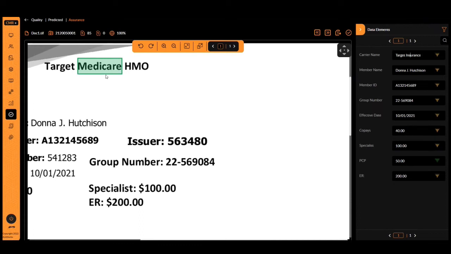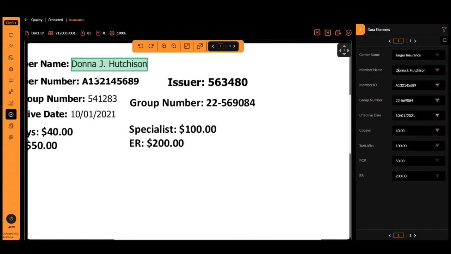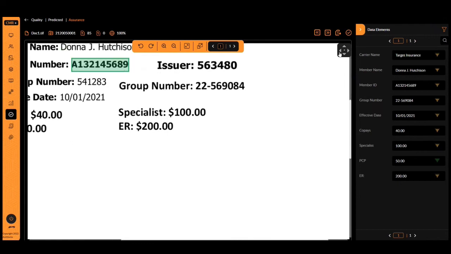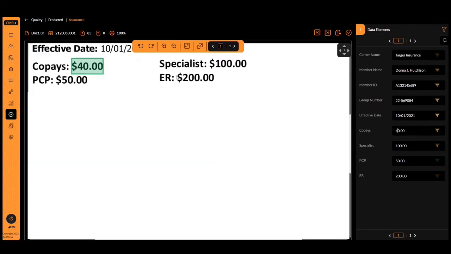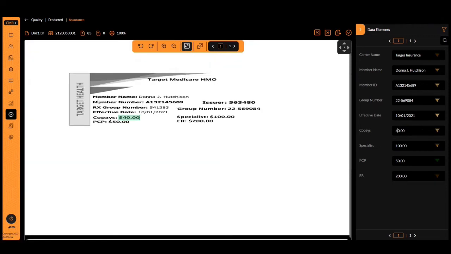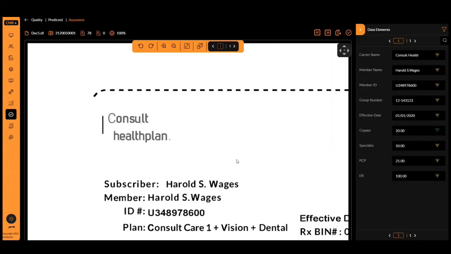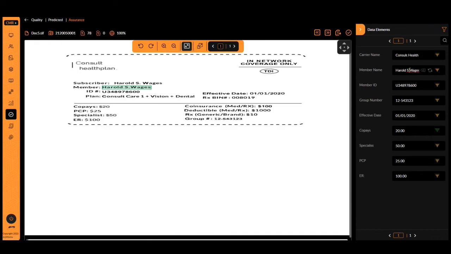With the first card, it's found target in the lookup and extracted it as target insurance. All the identifying numbers and amounts have been captured with 100% accuracy. We click QC Complete by the top right of the document and it moves us to the next. This next one also looks good, though CMR Plus hasn't spaced the member's name correctly, so we'll add a space